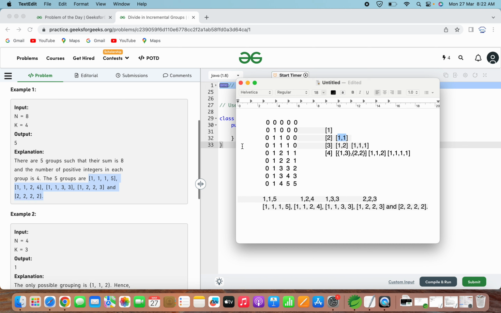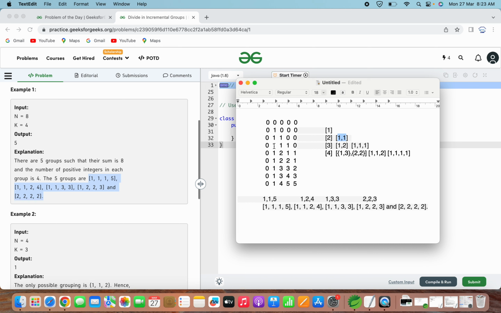Here n will be equal to 3, and these again indicate groups of size 1, 2 and 3 respectively. Consider how many such groups are possible where the sum of the numbers in the group is equal to n.